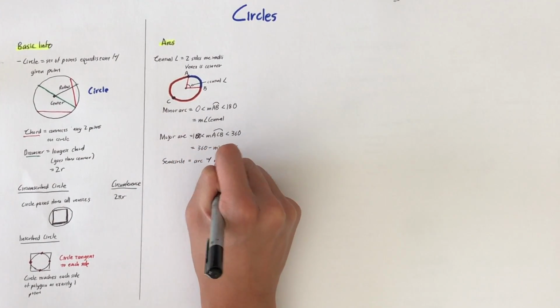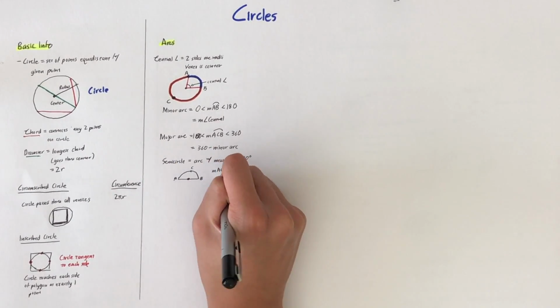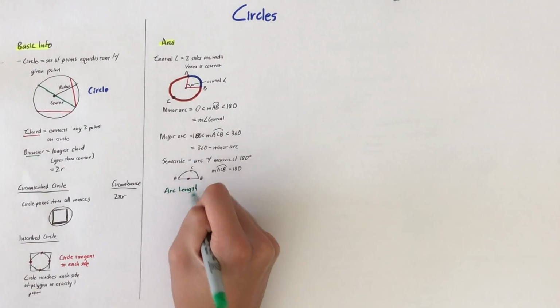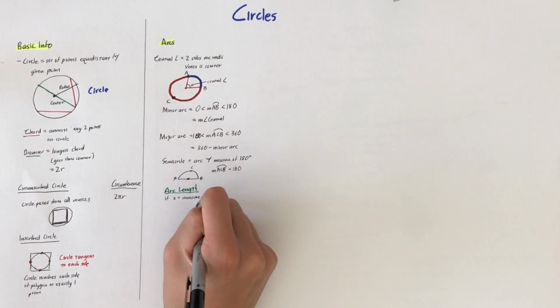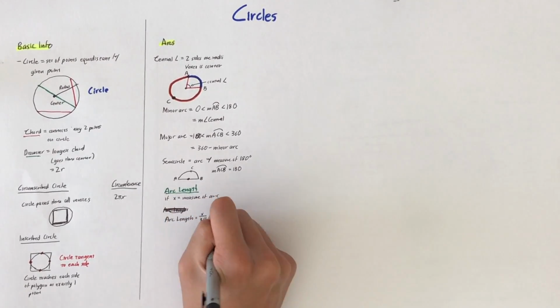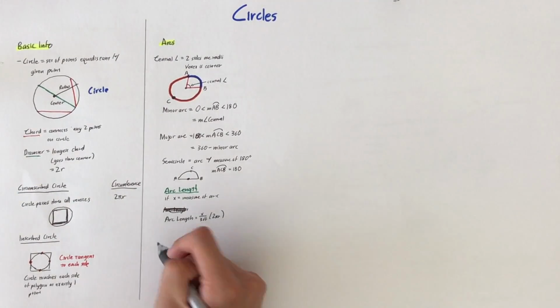Finally, a semicircle is an arc that has a measure of 180 degrees, and its central angle is just basically the diameter. You also have to identify it with 3 letters. To find arc length, you just take x, which is equal to the measure of the arc, or the central angle if it's a minor arc, x over 360 times 2 pi r. So you're basically just finding the fraction of the circle that the arc takes up